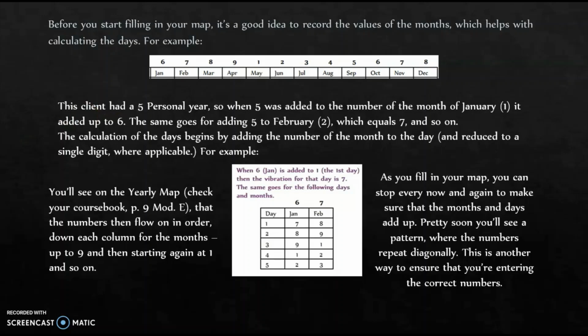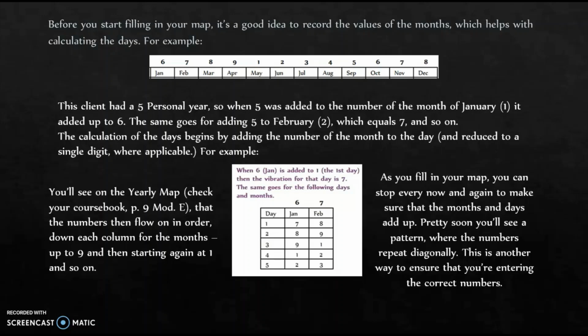The calculation of the days begins by adding the number of the month to the day and reducing to a single digit where applicable. For example, when 6, the value for January, was added to the first day, then the vibration for that day is 7. The same goes for the following days and months. So February was a 7 value for this person, added to the number 3 is 10, reduced to a single digit is 1. You'll see on the yearly map, check your course book, page 9, module E, that the